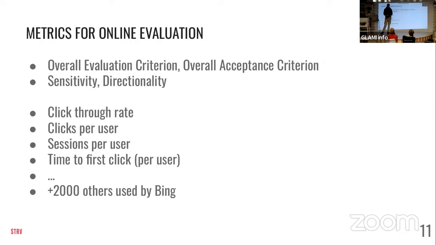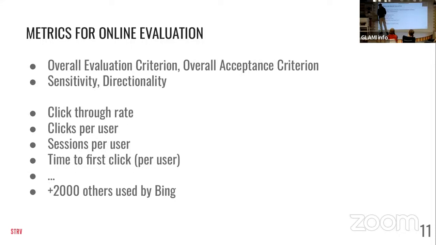Directionality means that usually the metrics should be monotonous. I mean, if the metric goes high, it's better, or it's worse, but it should be just one way, not that the metric has some kind of peak in the middle. And of course, some metrics are good and some are bad, so you have to know the direction.